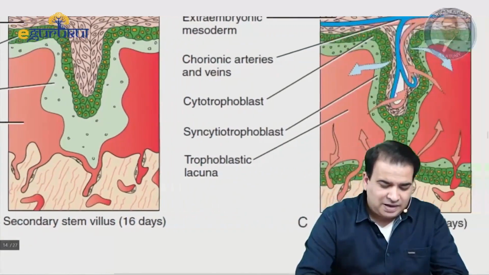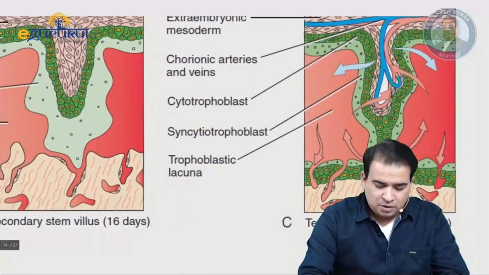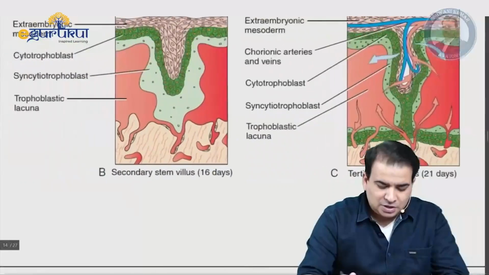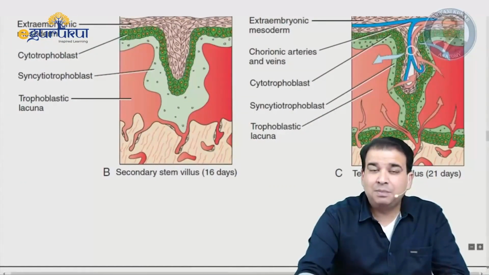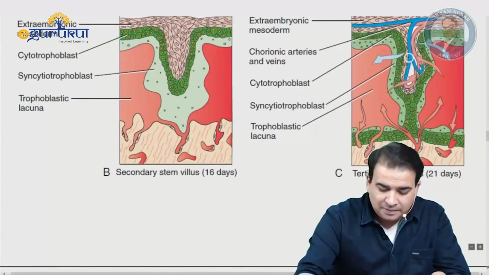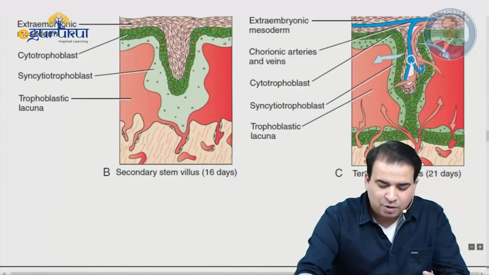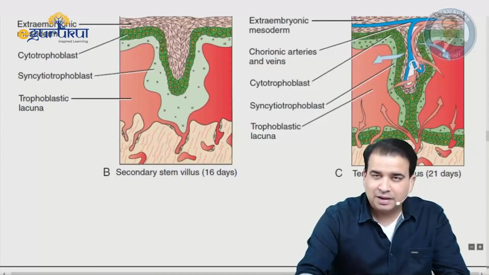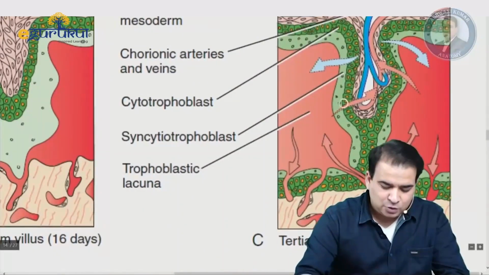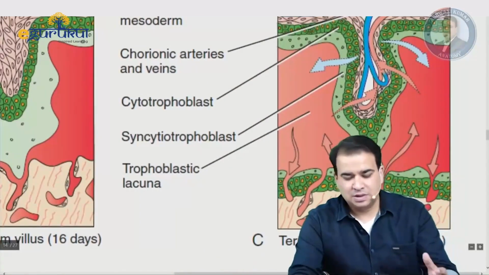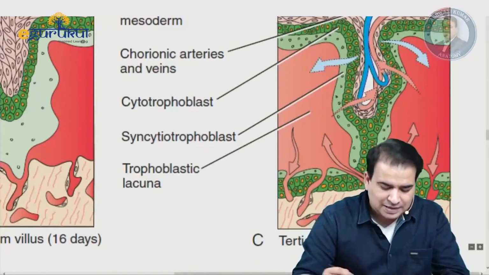And then finally we have the tertiary chorionic villi. You can see the tertiary chorionic villi, we have the same arrangement, but this time the blood vessels are also invading inside. These chorionic blood vessels are forming the tertiary chorionic villi, and that is a direct exchange between the lacunar and the embryonic blood vessels. You can see these arrows which are showing you the exchange of the nutrients between the embryonic blood vessels and the